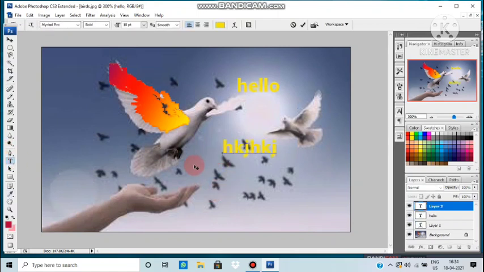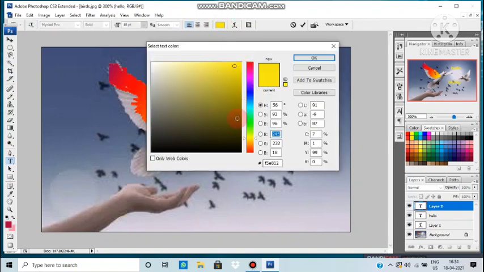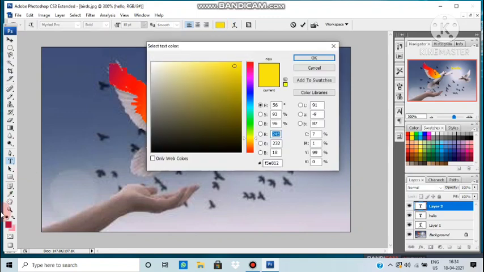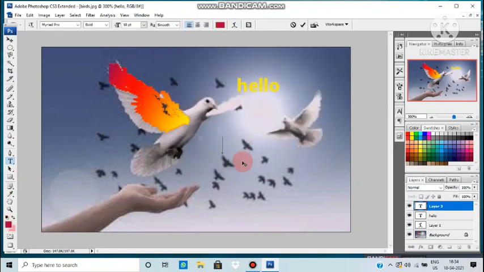You will see it's not from here, we have to change that color. It came. Now if you start writing, it's already yellow. Before writing, you had to click on this color. Now start writing. So this way you can choose any color from the picture itself which you want to use with the help of the text tool.